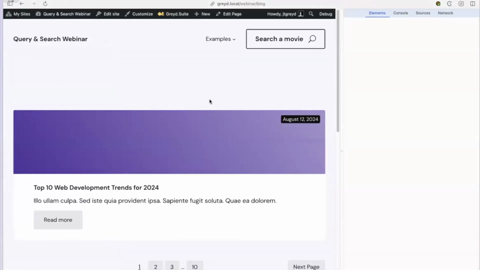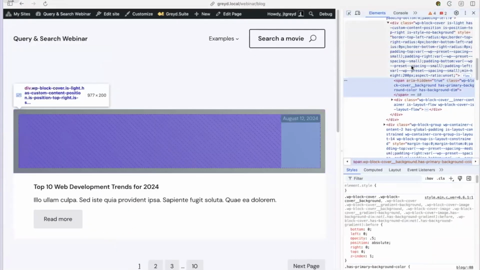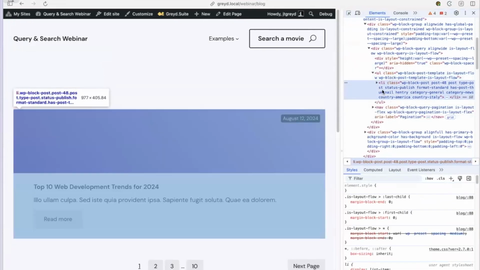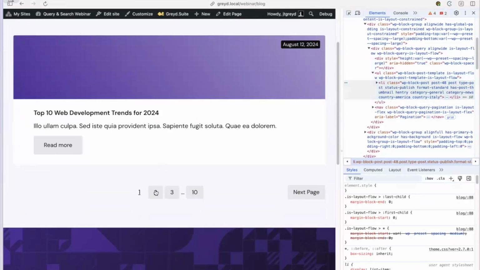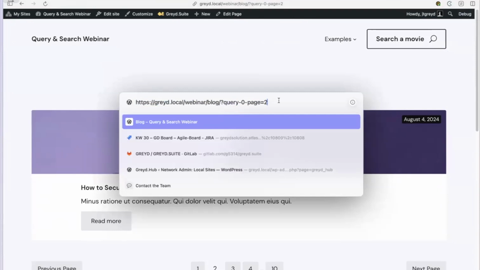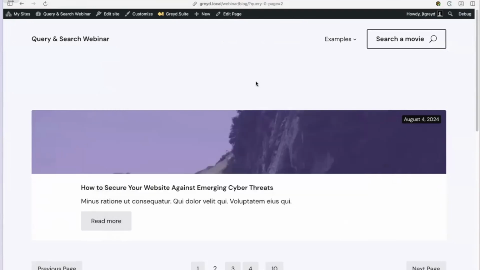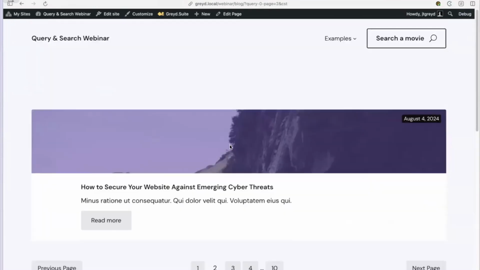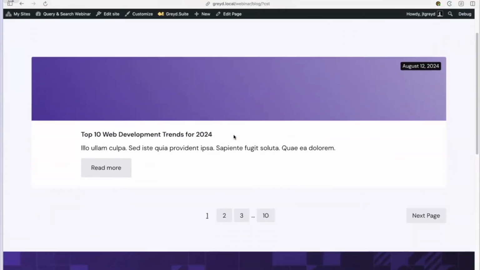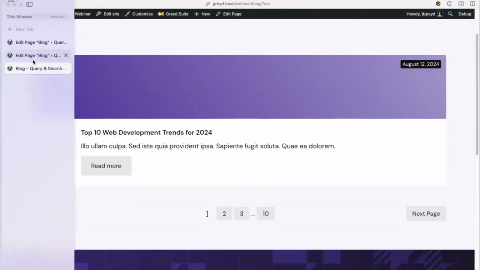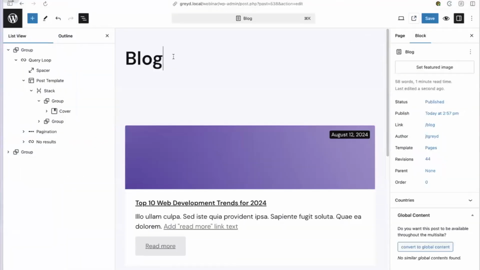So this does only render one item, one specific post. It's only this one list item inside this entire query loop. And if you want to see the next one, you click on 2, and you can see you're redirected, the page is reloaded, and you actually do have other URL parameters. So this does not let your users go to the next page live. This can work, in my opinion, on this type of setup,